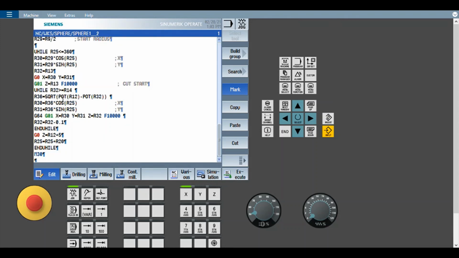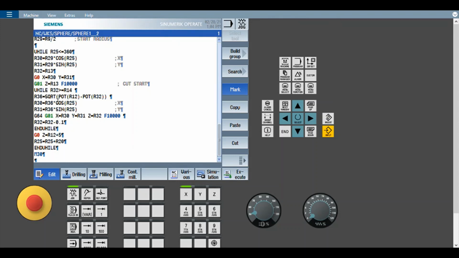Then each point on that angle on the sphere is again calculated. So while R32 is greater than equal to R14, so R32 is the Z position. So R32 is incremented by 0.1 in this case.